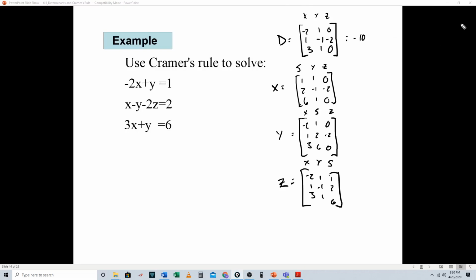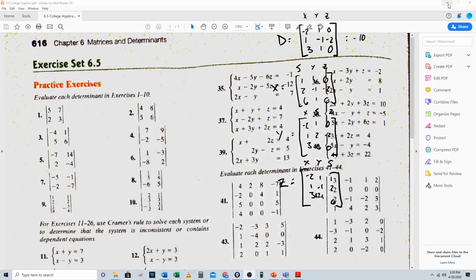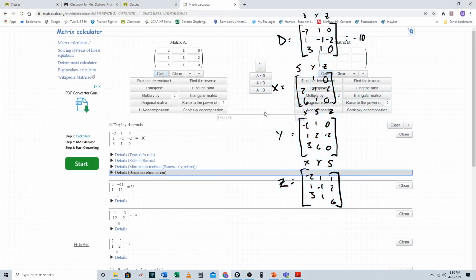Just to find. We already know that's negative 10, so I have to... here it is. So yeah, we already know that's 10. So I'm going to replace this with